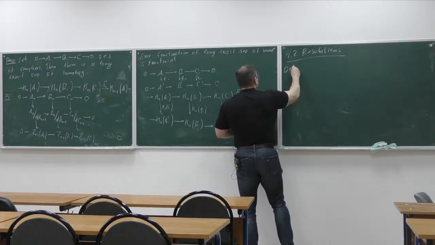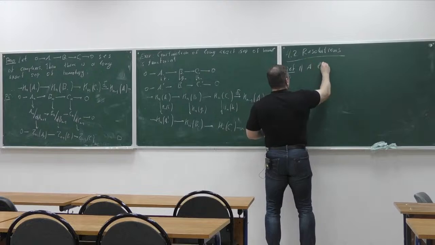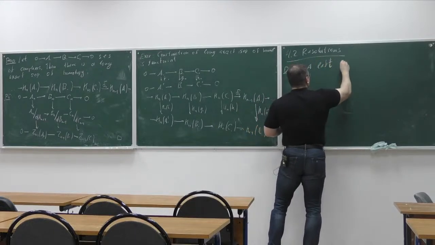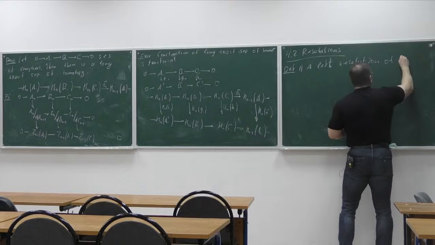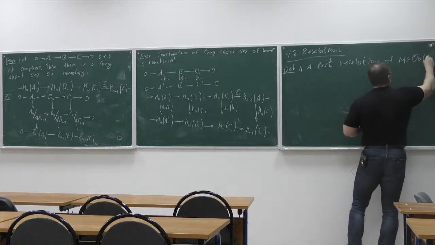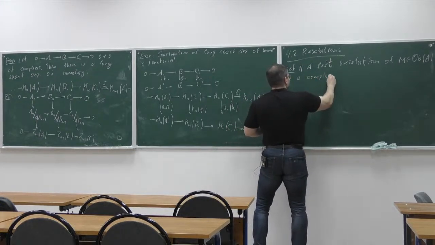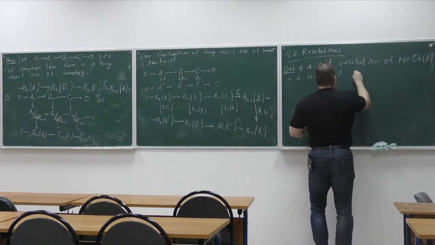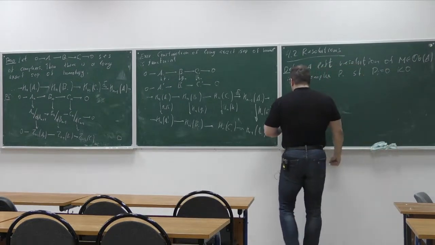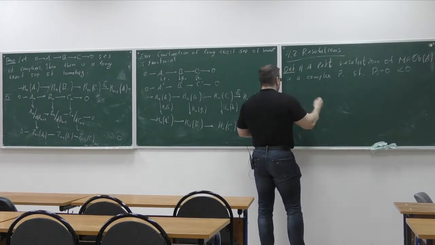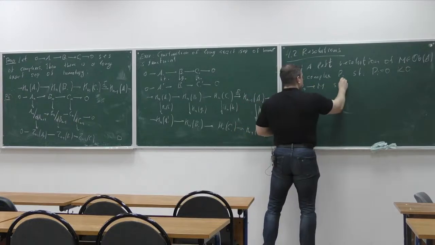So again, I want to start with the definition, now with just two parts. So a left resolution of some object, say M, say some module, is a complex P with a lower bullet, such that P_i are all equal to 0 for i negative, and there is the additional map, the augmentation map, let me call this epsilon, from the P0 to the M, such that I have